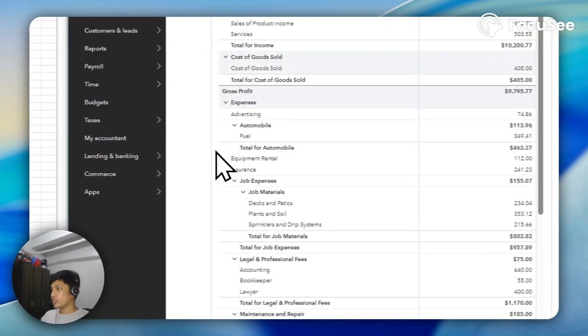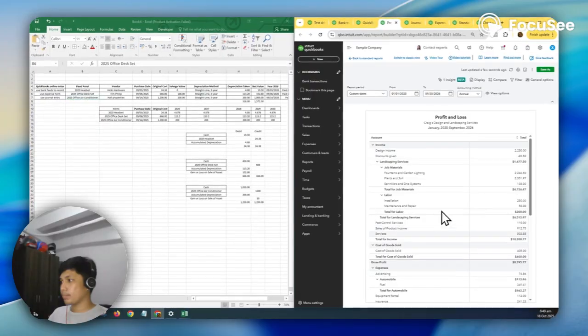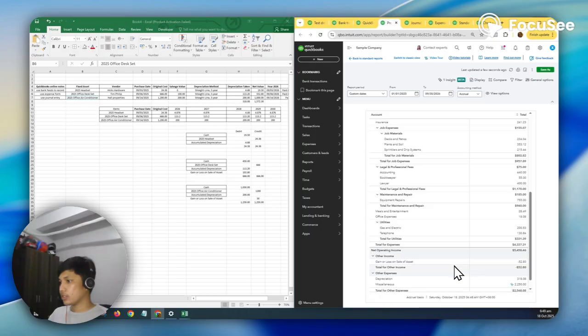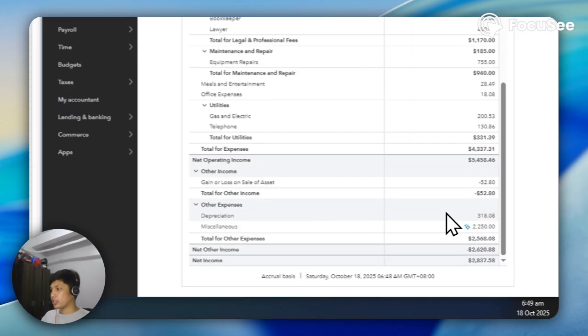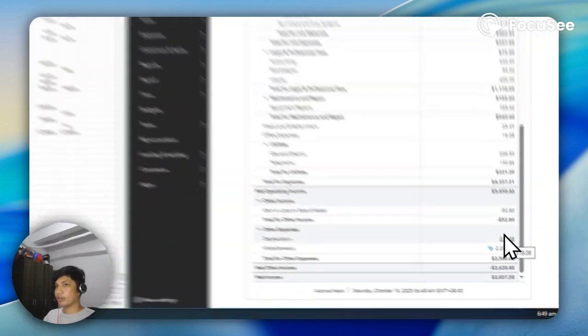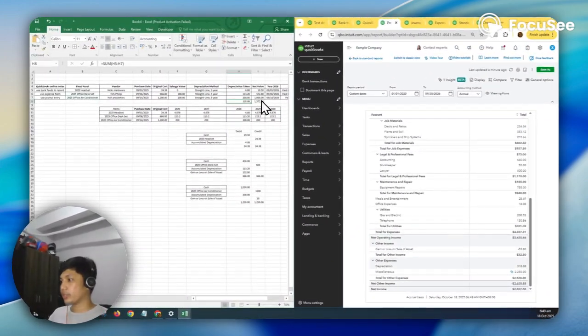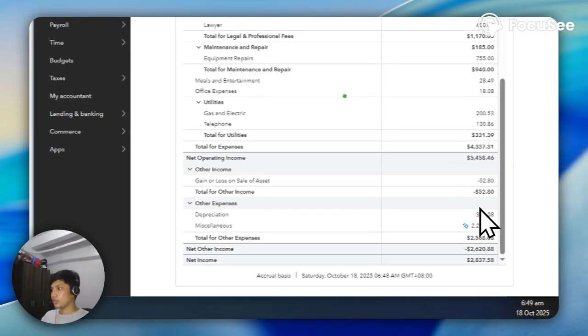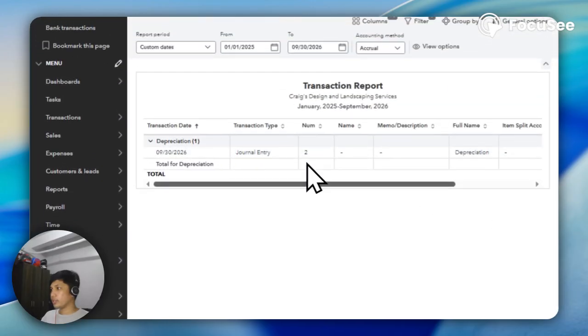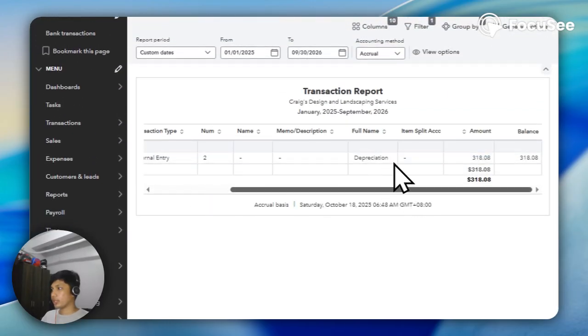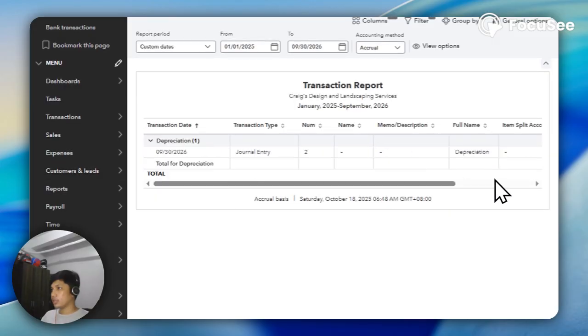So we have a depreciation expense here, 318.08. This was entered on September 30, 2026. As you can see, we can click it. September 30, 2026, we have a depreciation expense of 318.08.